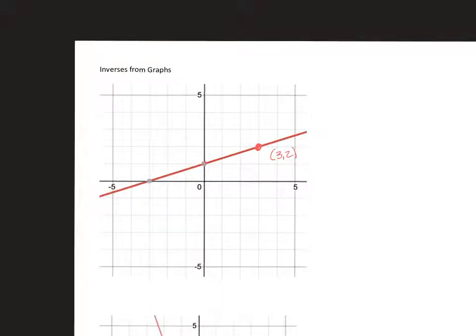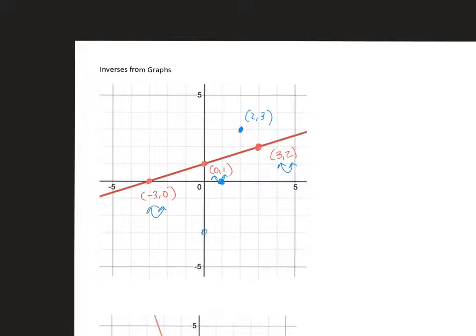Okay, and there's a bunch of them, like here's one at 0, 1. Here's another one at -3, 0. You just need to come up with some ordered pairs. And then you switch the order of them, so that this becomes 2, 3 and plot that point. This one becomes 1, 0, which is actually right there. If I switch this one, which is 0,